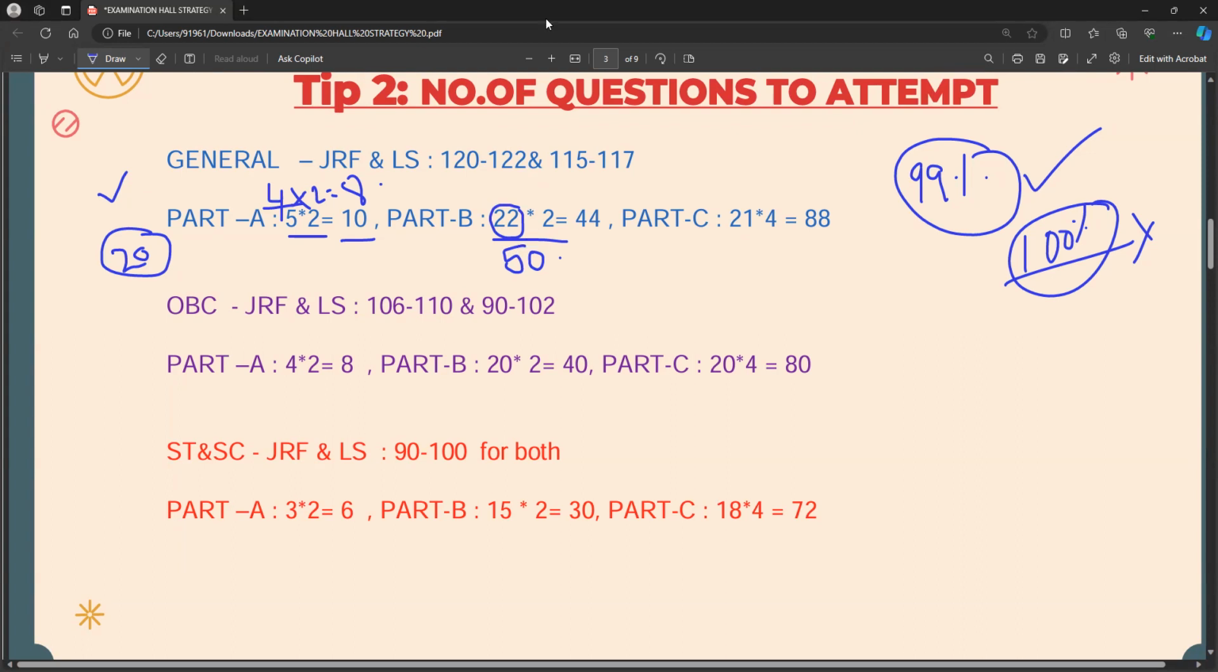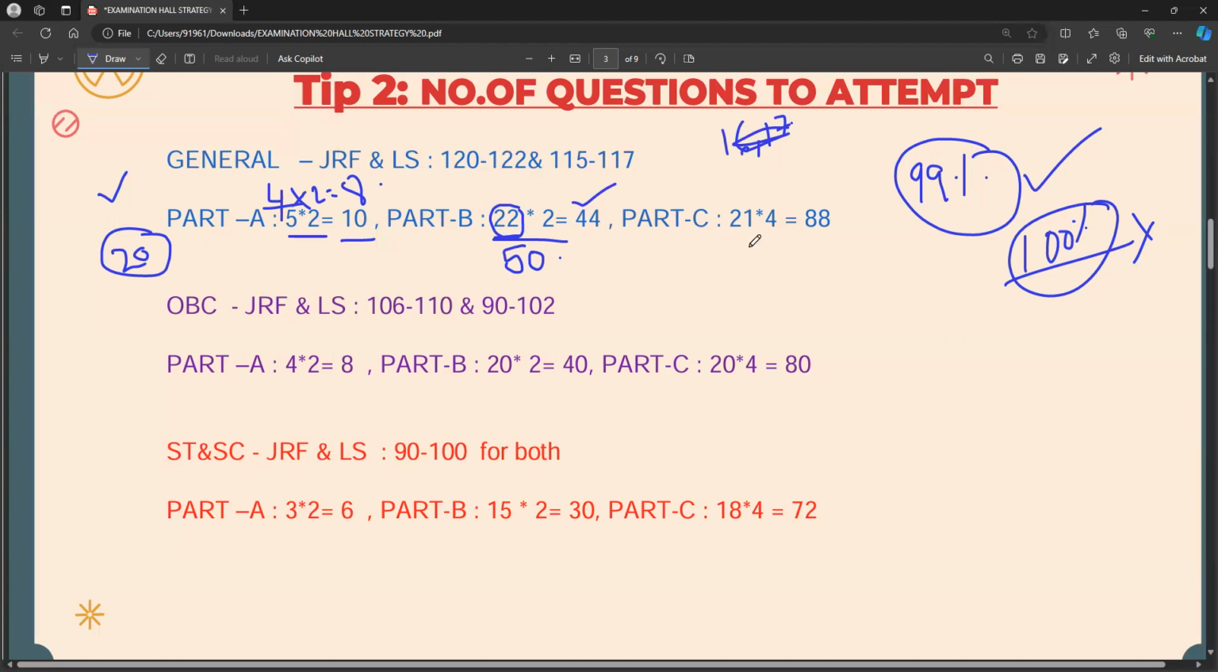Last time also, some general category students answered only 16 to 17 questions in Part B and they were expecting that they would qualify for sure. This kind of mistake you should not make. You have to answer 20 questions out of 50, and they should be correct. So you have to get 44. And in Part C,